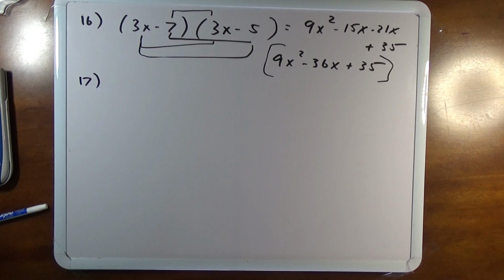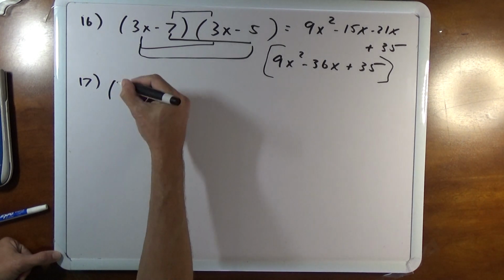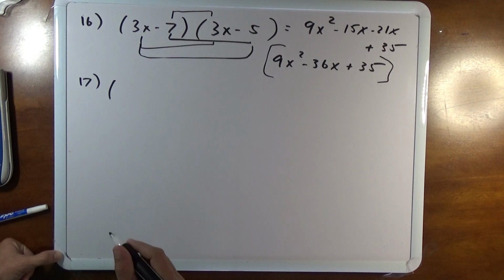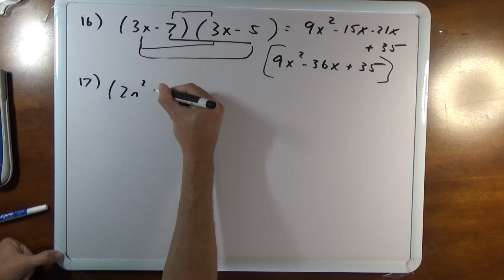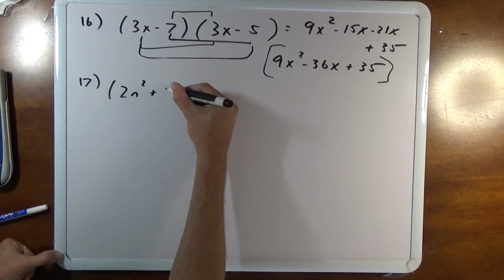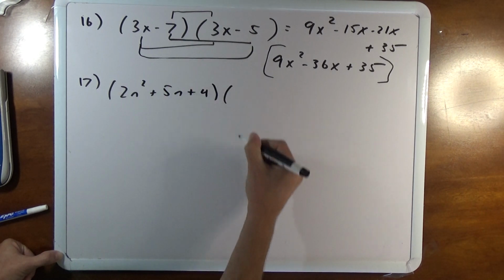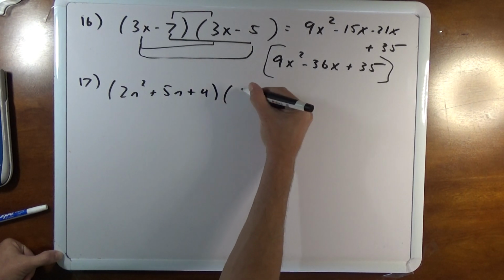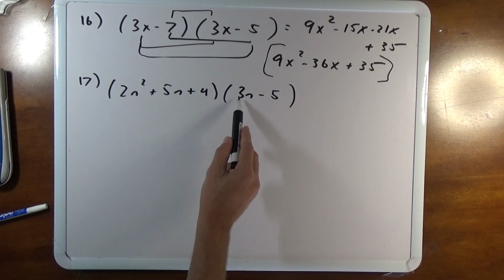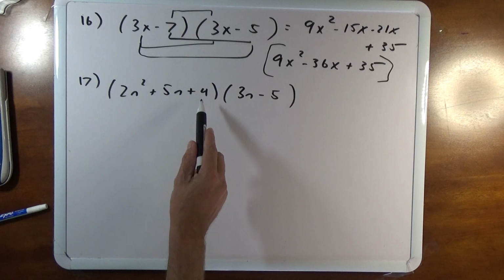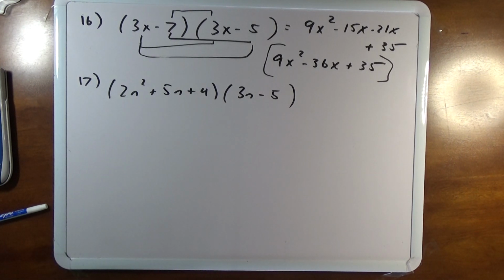Number 17 says simplify using the horizontal method. I'm going to switch these, well, let me do it as written: 2n squared plus 5n plus 4 times 3n minus 5. So what you're going to do is distribute this 3n over each of these three terms, and then you're going to distribute the negative 5 over these three terms. So this will look like